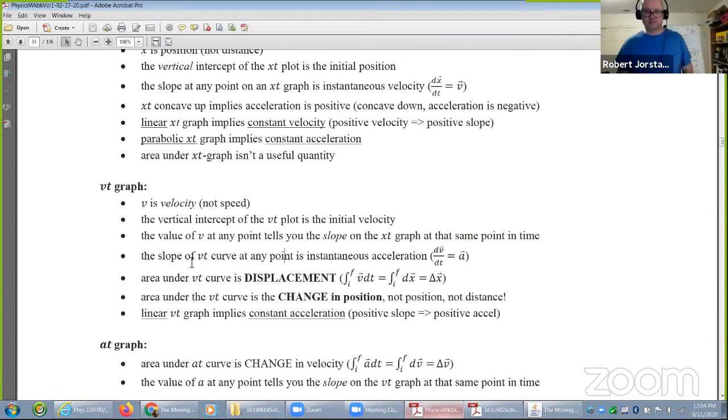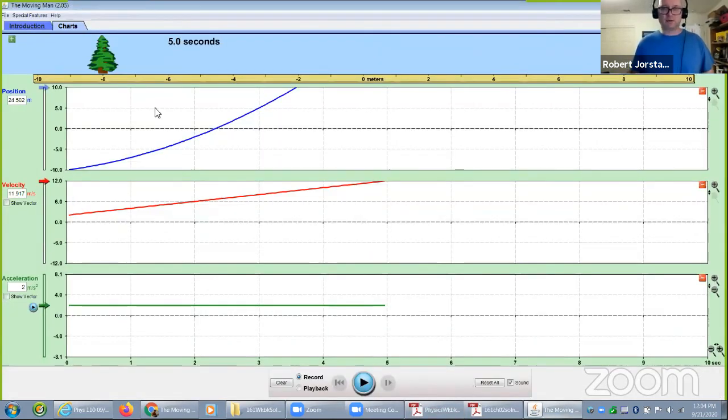So now what does the slope of a VT mean? Just beware, the slope of an XT graph gives you velocity. The slope of a VT graph gives you acceleration. All right. And so just going over here, let's go back. I just want to point out here, in this case,